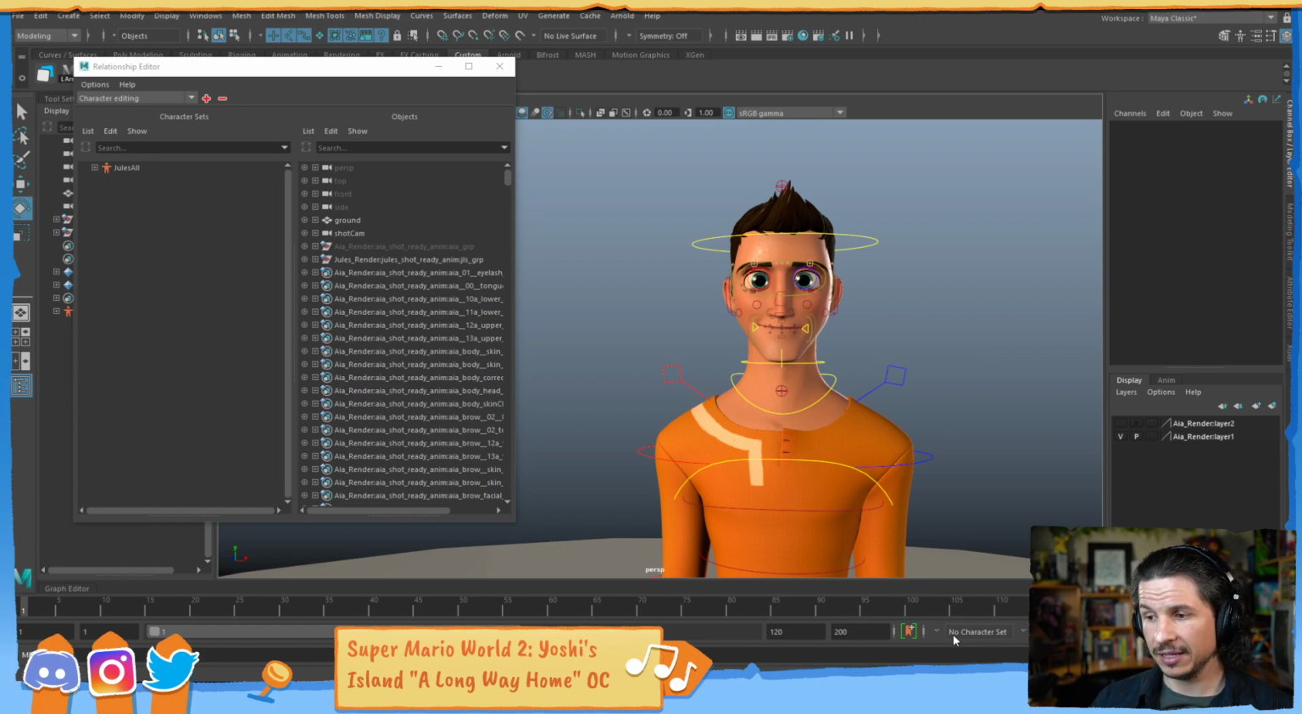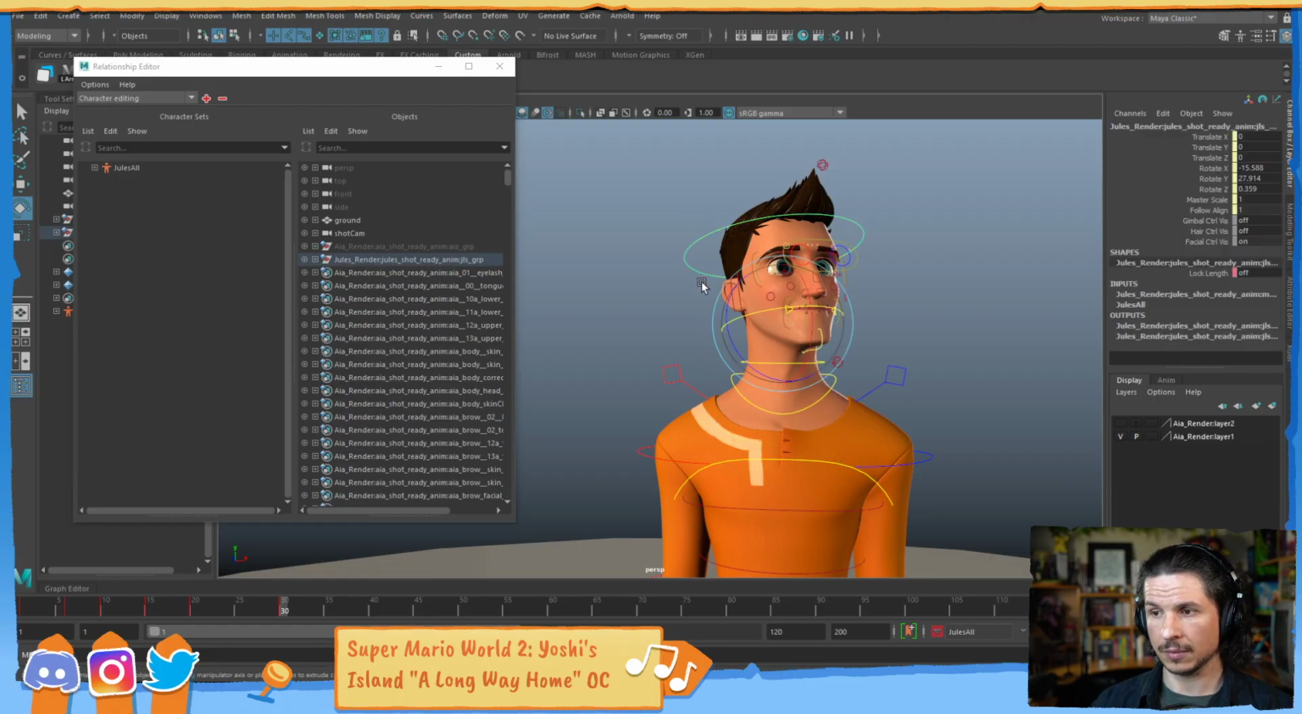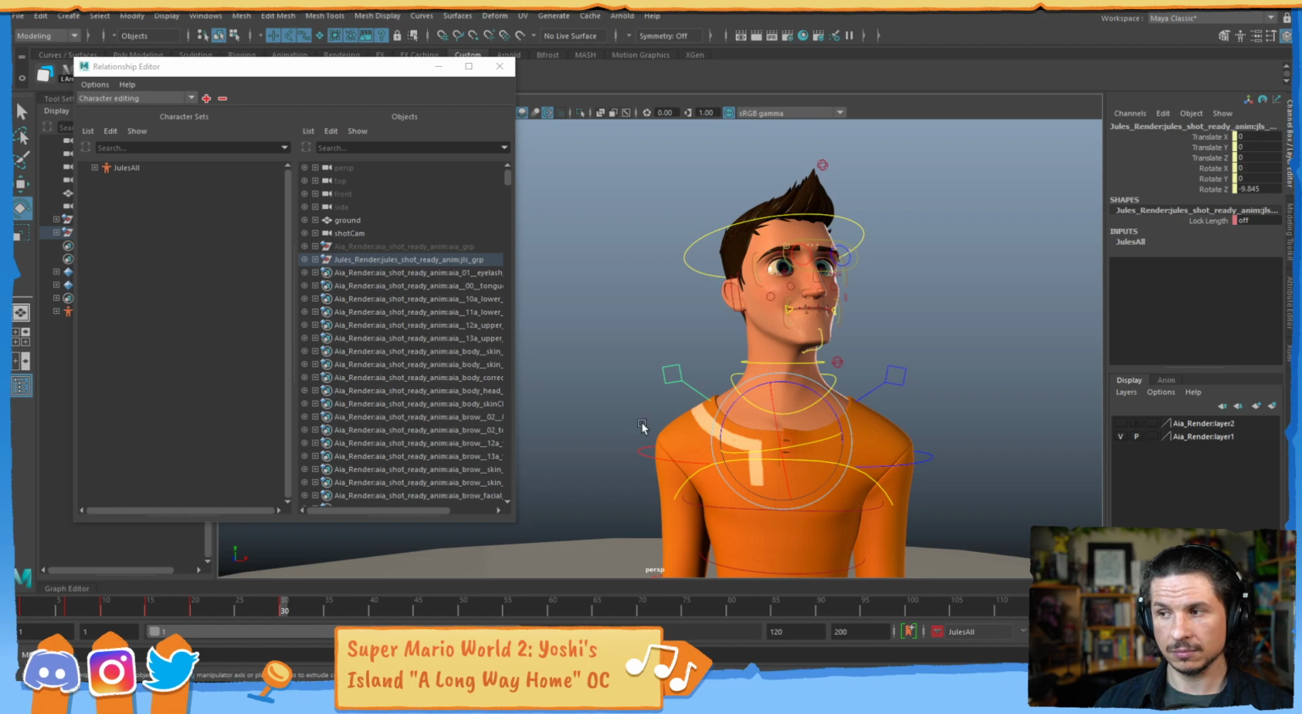But if I use my character set, now let's set this to Jules All, I have nothing selected right now. You can see it in the channel box. Nothing is selected. But I see all my keys, regardless of if I have something selected or not. If I select the shoulder, let's go to frame 30 and hit S to set a key. You'll notice that on every control,